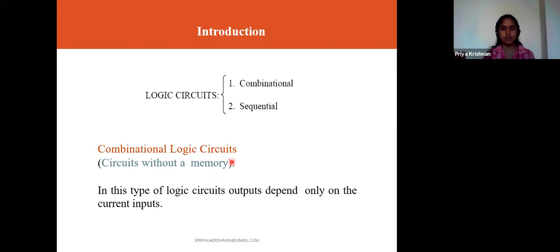The other circuit we have is the sequential circuit. It has memory, so if I tell hi to a sequential circuit, it may give the output like hi Priya. So here we don't have memory and here we have the memory.